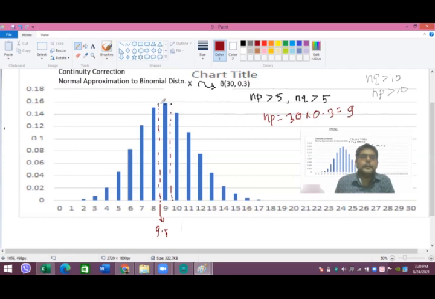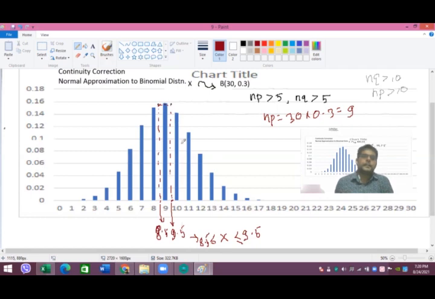And then you join the tops of these two bars that we have drawn right now, and then you have one bar between x equals 8.5 leftwards and x equals 9.5. In this case you can say that x lies between 8.5 and 9.5, with 8.5 less than or equal to x, if it is included. This sort of writing is for the continuous distribution.